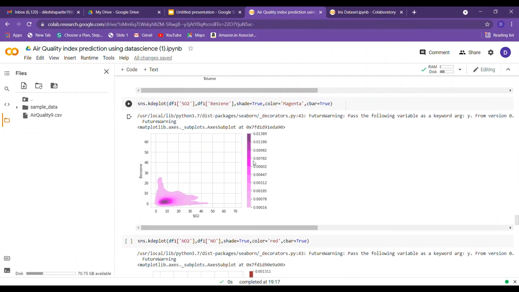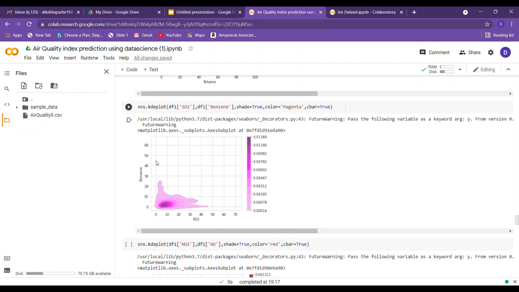Then here we have a C-bar argument. As I told you, it only tells us about the frequency. So if you want to know about the density with respect to different levels, then you can add a C-bar function over here, and you can see this bar displaying the densities.